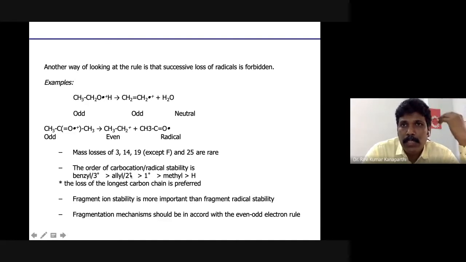Except for that one, if you are sure that there is no fluorine, then definitely a loss of 19 cannot be interpreted as any species in organic chemistry. Similarly, for 1, the atomic weight of hydrogen is 1, so there is a high possibility it can be lost. What about 14? There is nothing, because nitrogen is 14, and CH2 is also 14.